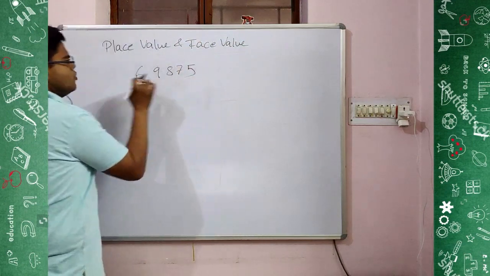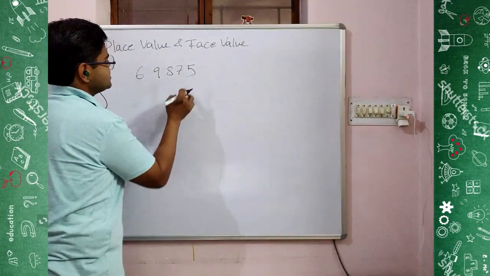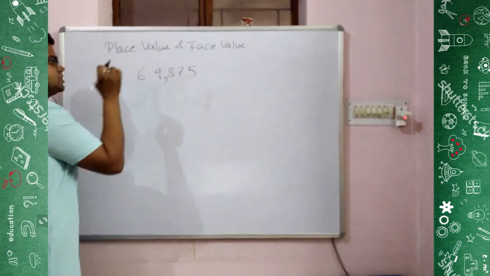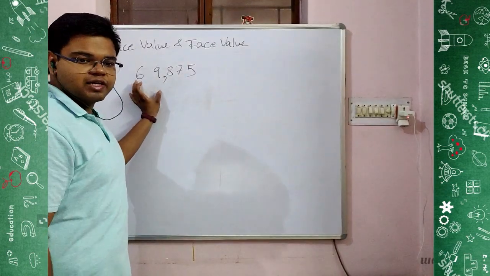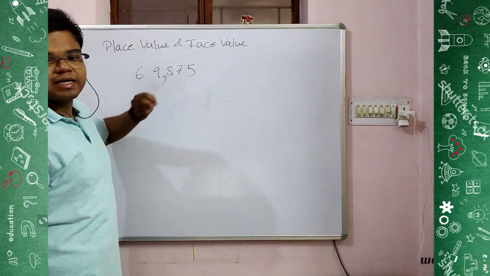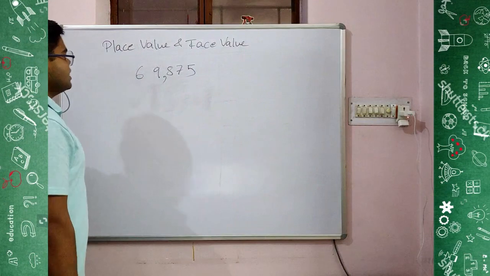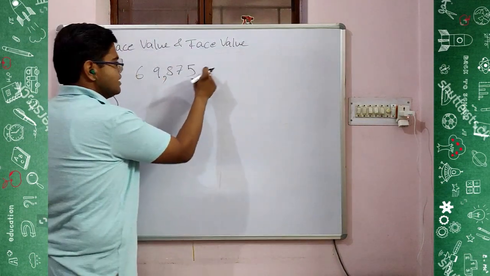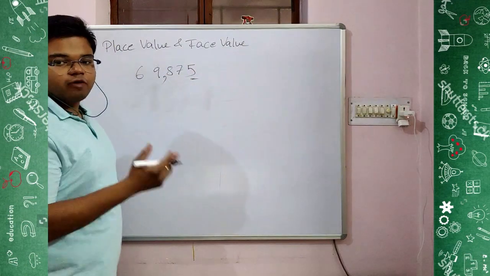Now how will we express this in the form of periods? 1 2 3, a comma after 3 digits, then we have 69. This number is originally 69,800 875. Now if I ask you the face value of 5, it will be 5, the value of the number,